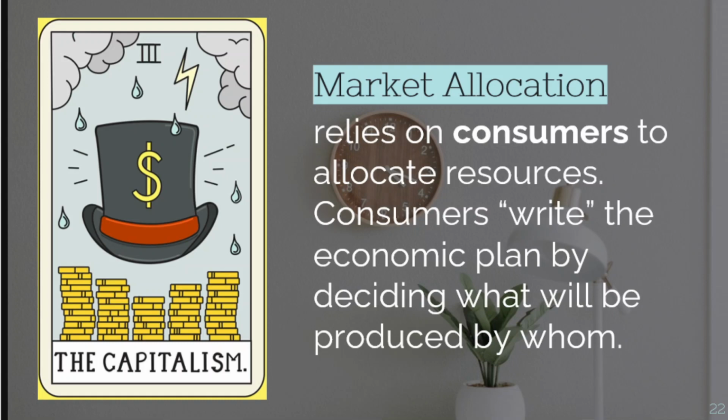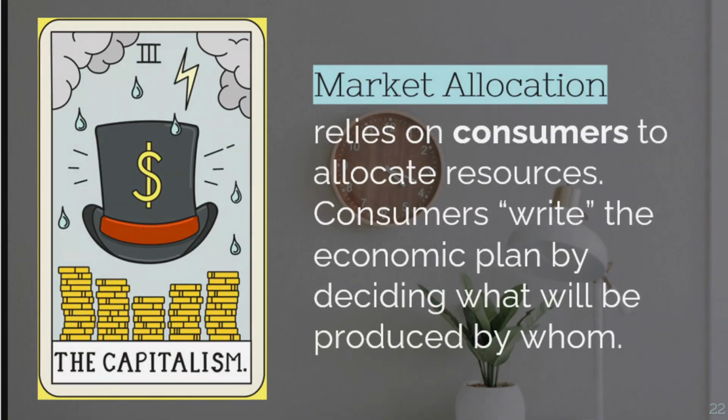Anong role ng state or anong role ng government dito? The role of the state sa market allocation economy is to promote competition and ensure consumer protection. So yun yung role niya. And according to the 2020 Economic Freedom of the World Index, these are the countries na under ng market allocation or consumer or capitalism: Hong Kong, Singapore, New Zealand, Switzerland, US. So mas malaki yung percentage ng economy nila na under ng capitalism or market allocation, or naiimpluwensyahan ng consumers ang mga products and services na ipoproduce sa bansa na yon.